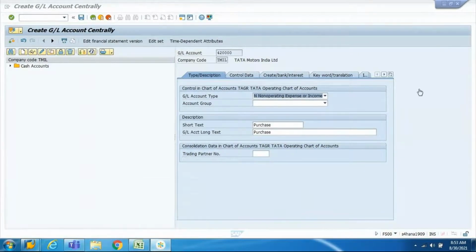Primary cost element reflects operating expenses such as payroll and selling expenses cost. And what is your secondary cost element? Secondary cost element is used for cost allocation. Okay. Any other difference apart from this? What exactly, in a single line, if you have to tell, is the primary cost element and the secondary cost element?